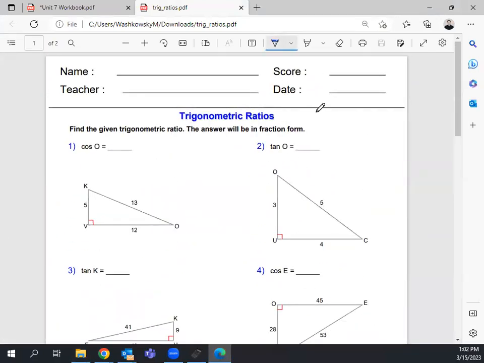One thing I want you to remember here is you have a series of steps, right? Your first step is always going to be to label your triangle. Your second step is always going to be which of SOHCAHTOA you are going to use. These are just some skills we need, a really quick review from what we learned last term. And the third thing we need to be able to do is